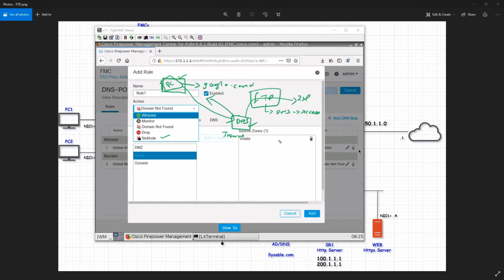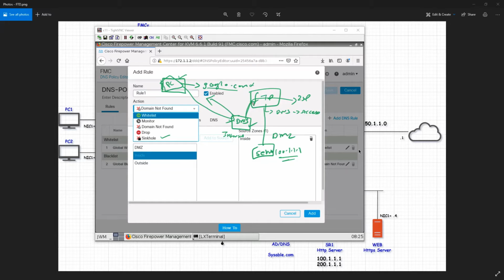So what you're going to do is, I have a rogue server on my DMZ. Whenever someone is visiting google.com, the request goes to the DNS, and the DNS does not have google.com, so it will forward the request to FTD. And now FTD will say, okay, google.com has come, so it will resolve that to your server IP address, for example in our example, 100.1.1.1.